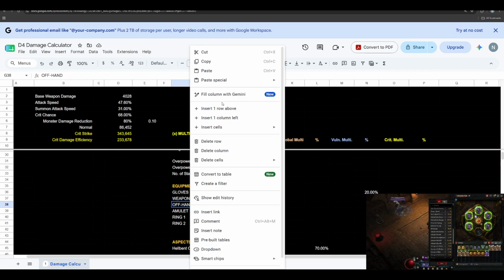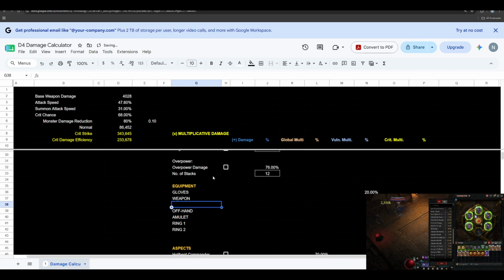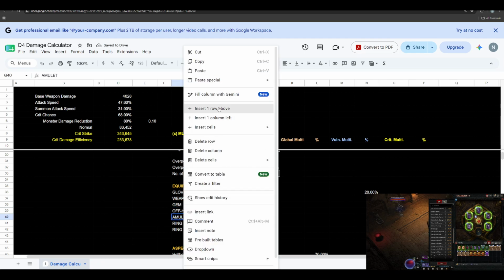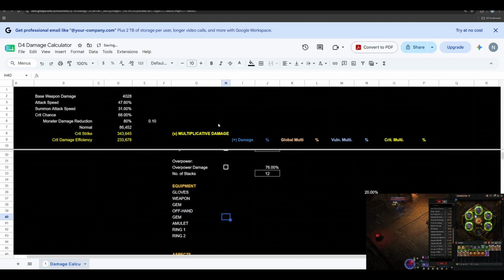Weapon, gem, offhand, there's also gem. Yeah, probably I will have an additional column here that shows gem and what gem you're using. If it's amethyst, then it's a shadow damage. The only thing is, if I'm going to do it this way,